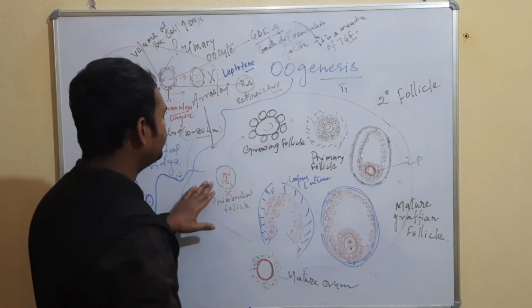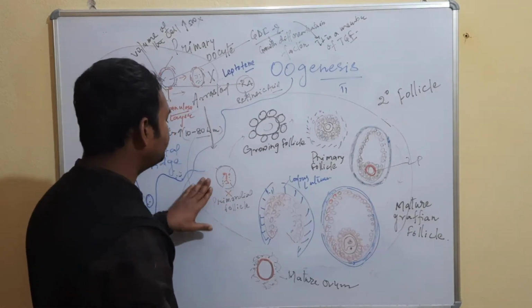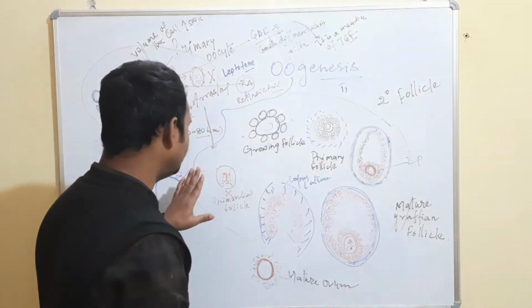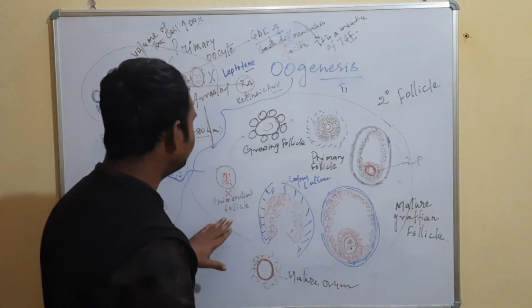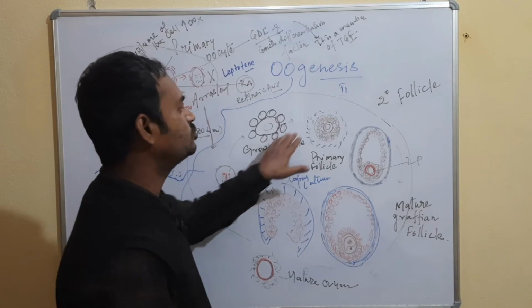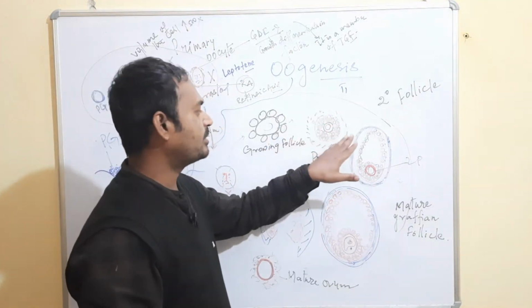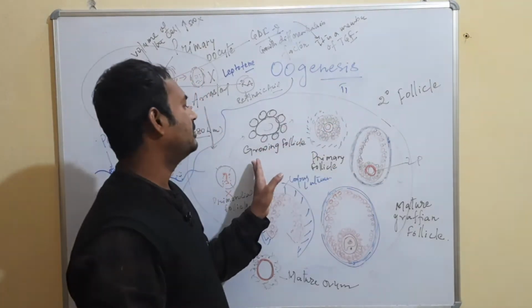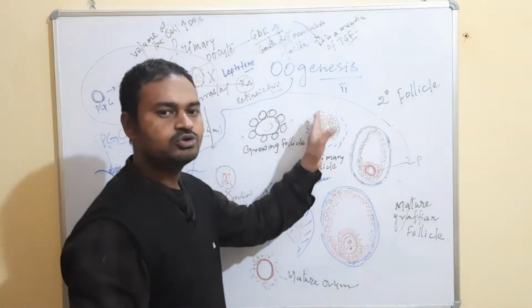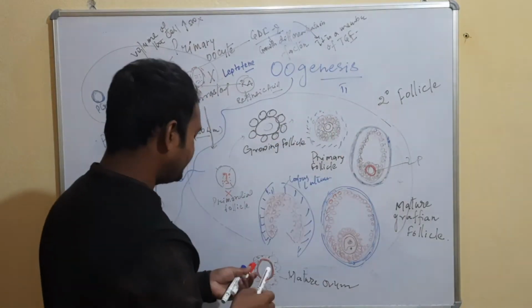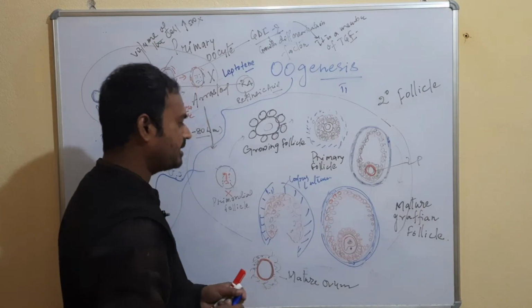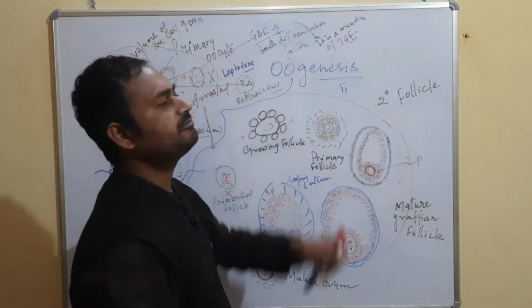Okay, under the influence of various hormones, the primordial follicle will start to grow. The primordial follicles will keep on growing and accumulating under the influence of GDF9,